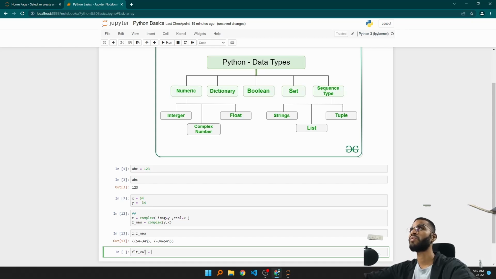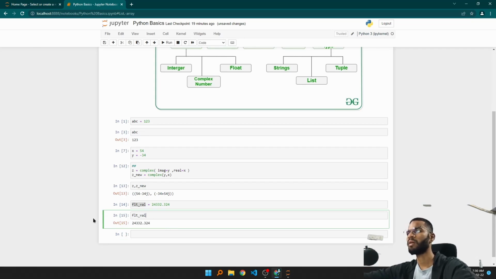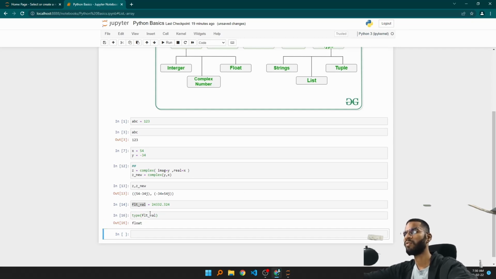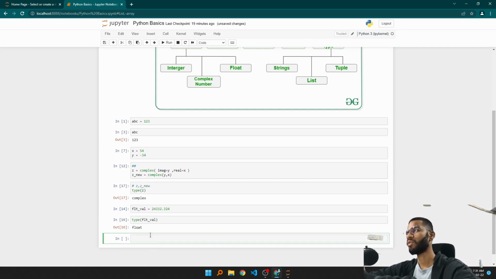Now float is what? Some digits with some point repeating values. Those are repeating values after decimal points, and this is how you define float. So it's nothing but type, you can see, for this particular variable, that is float, and same we can see the type for z, and it says complex, and so forth. You can define float,